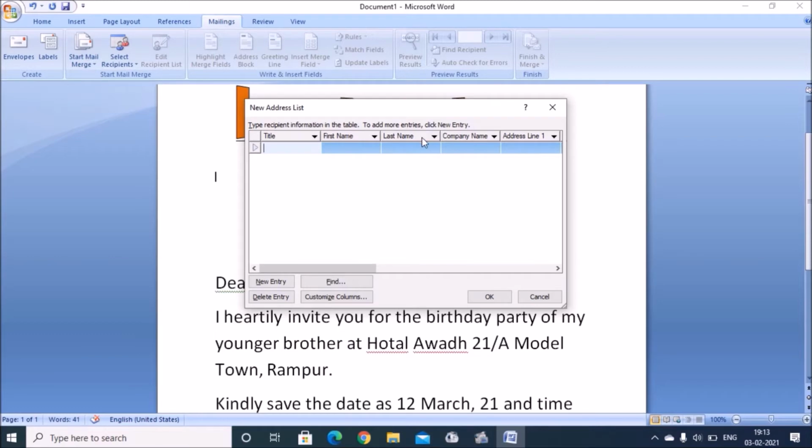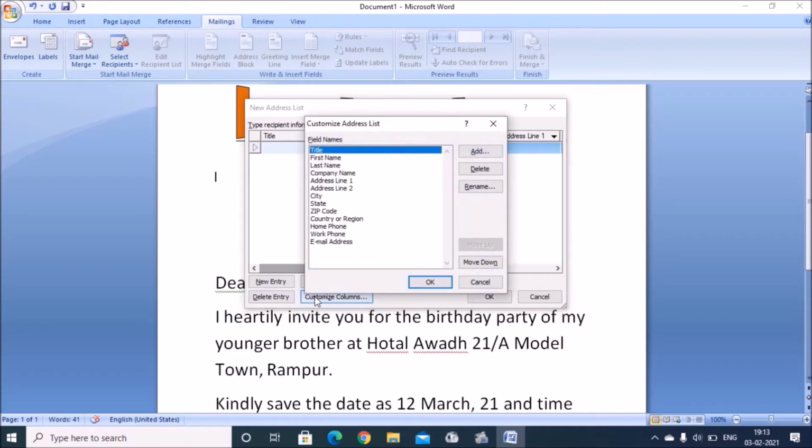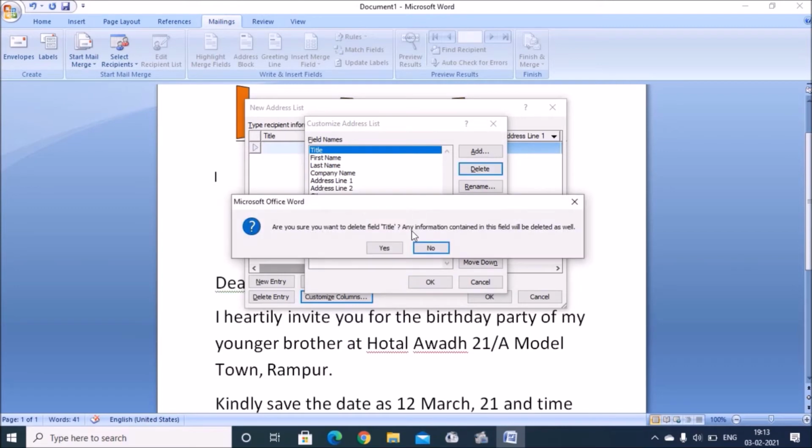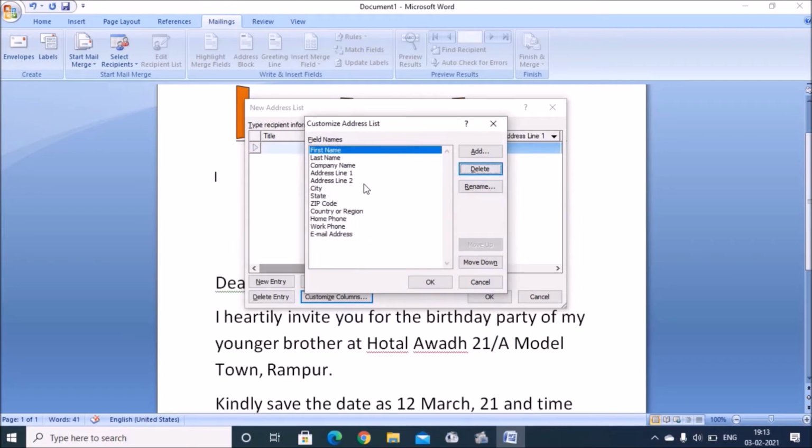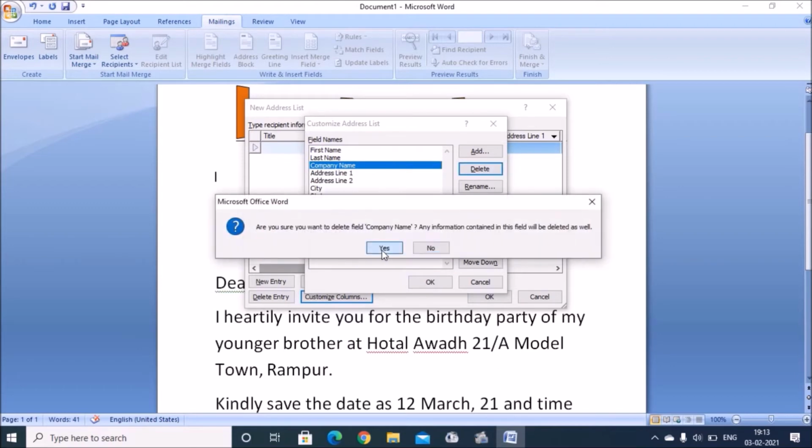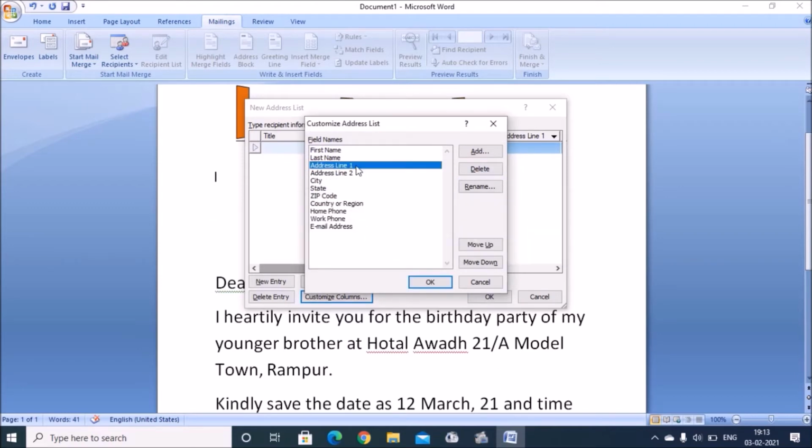These are the default headings, so you can change them according to your convenience. We will click customize columns. Whatever column you want to delete, you can delete, and whatever column you want to keep, you can keep. Or you can also rename.